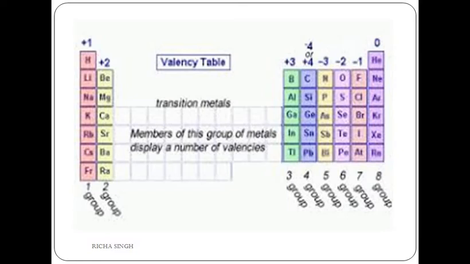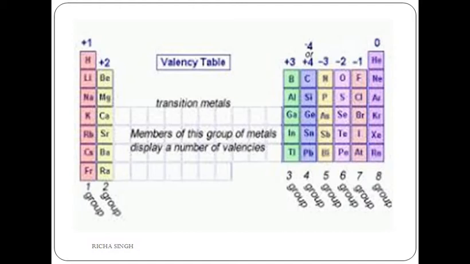Now what happens if we go along the period, because you know a period is a horizontal row and the elements present in the period, they don't have the same valence electrons. Okay, so therefore they will not have the same valency also. It can be said that in a period elements have different valencies. Now if you try to see, you will see the valency is increasing from 1, 2, 3, 4,